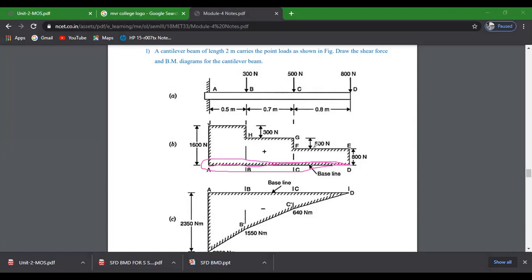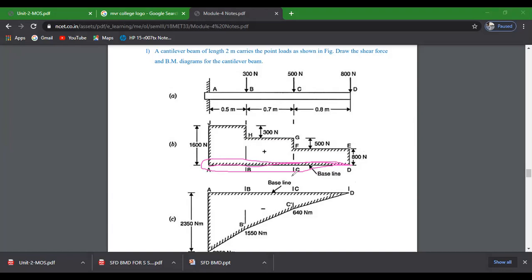This is the procedure to construct the SFD without having any mathematical proofs or mathematical values. Okay, and next, how to draw in the case of the BMD from point D. Before going to that,